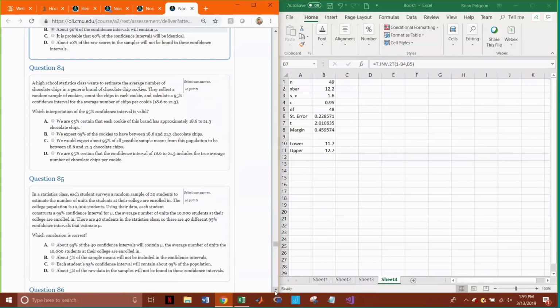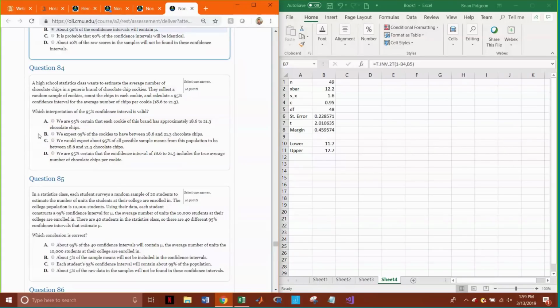All right, so we want to estimate chocolate chip cookies. They collect a random sample of cookies and count the chips and calculate a 95% confidence interval for the average number of chips per cookie and find that it's 18.6 to 21.3. So what does this tell us? Well,